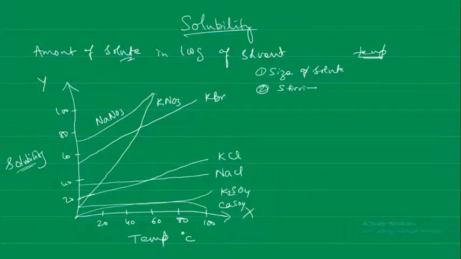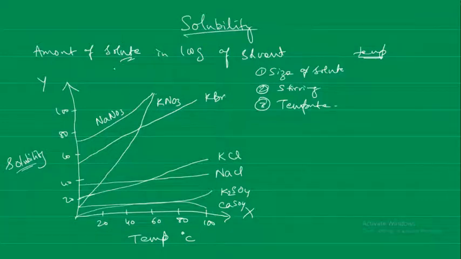Stirring, okay, mixing also helps to increase the rate of the solubility, so it will be able to dissolve fast because that is also going to increase the surface area, more contact, increasing the diffusion. The temperature also increases the solubility of most solids in water. Okay, and